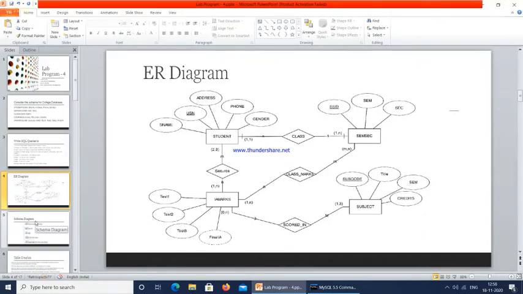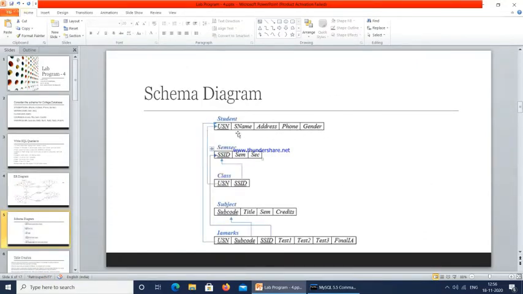Next we will represent the schema diagram. So the schema diagram is going to talk about the relationship between the tables. So here the student table is there, USN number is the primary key, SName, address, phone number and gender. Then SEM section, which is going to contain the SSID, SEM and section. Class, which is going to contain USN number, SSID. So SSID and the USN are the foreign keys. Okay, from the student table and the SEM section table. Then we have subject, which is going to contain subject code, title, semester and credits.